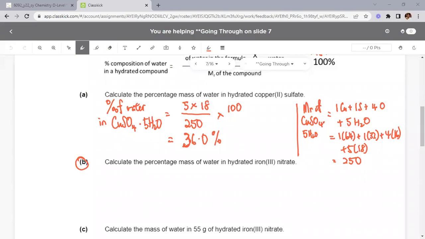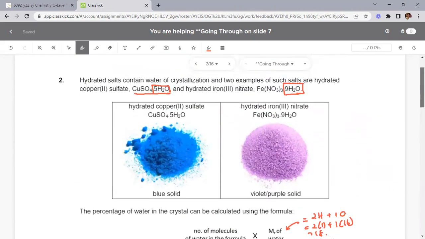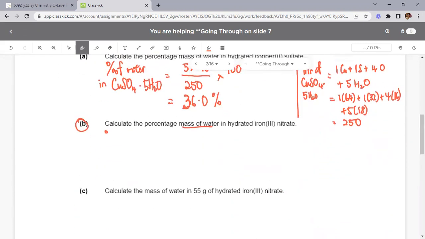Okay, so let's do the calculation for this one now. They want to find the percentage mass of water in hydrated iron 3 nitrate. So iron 3 nitrate has this formula here. So you realize, wow, this is getting massive. Okay, so it is percentage of water